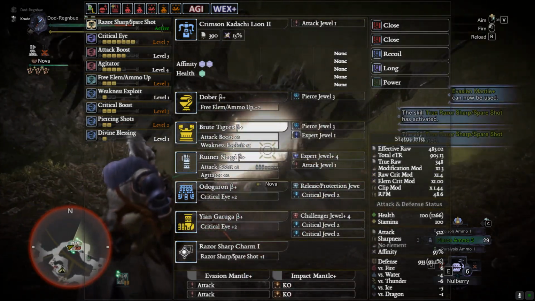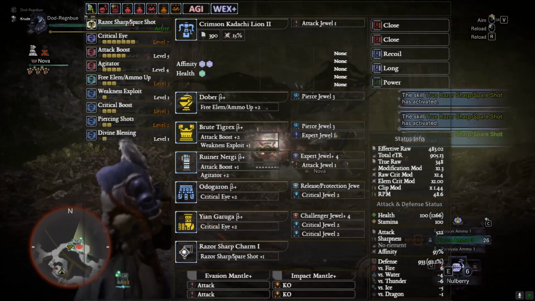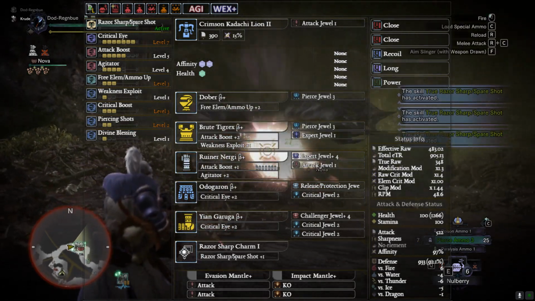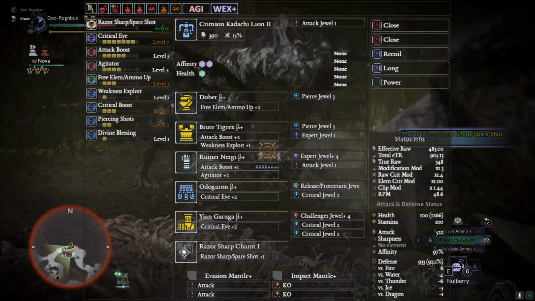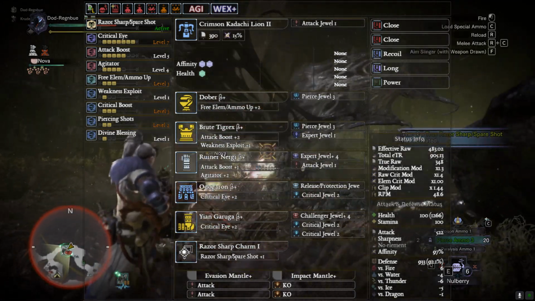We are pushing near to 1,000 total effective true raw. And honestly, this thing melts. It absolutely melts. Adding in the evasion mantle, if I've got it set up there with 2 attack decos, you're always going to get a slight attack buff the moment you put it on,